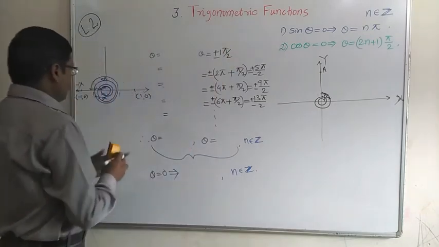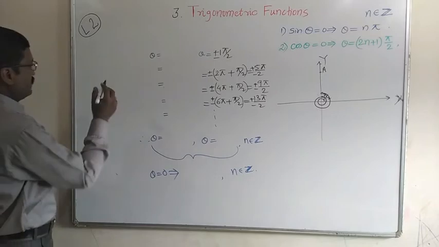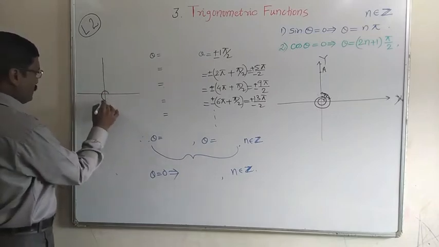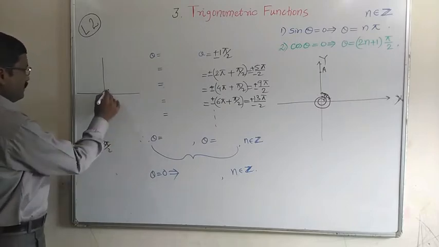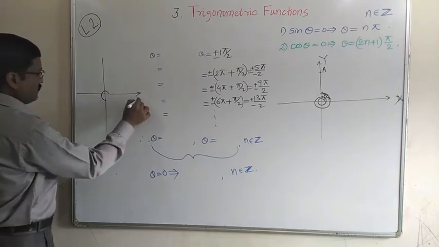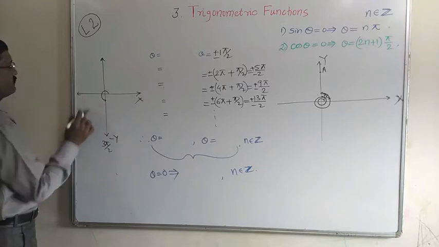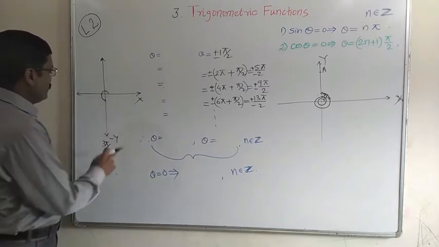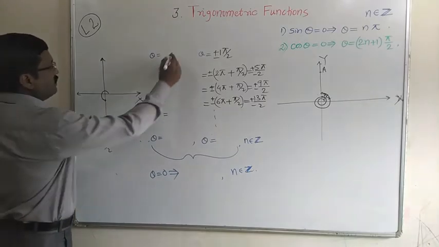Let us see the second situation of the same trigonometric function. Cos theta is equal to 0 when theta is equal to 3 pi by 2. Here the angle will be 3 pi by 2, that is pi by 2 plus pi by 2 plus pi by 2. At this stage, we get the negative y-axis. The terminal arc is coincident with the negative axis, whenever theta is 3 pi by 2.